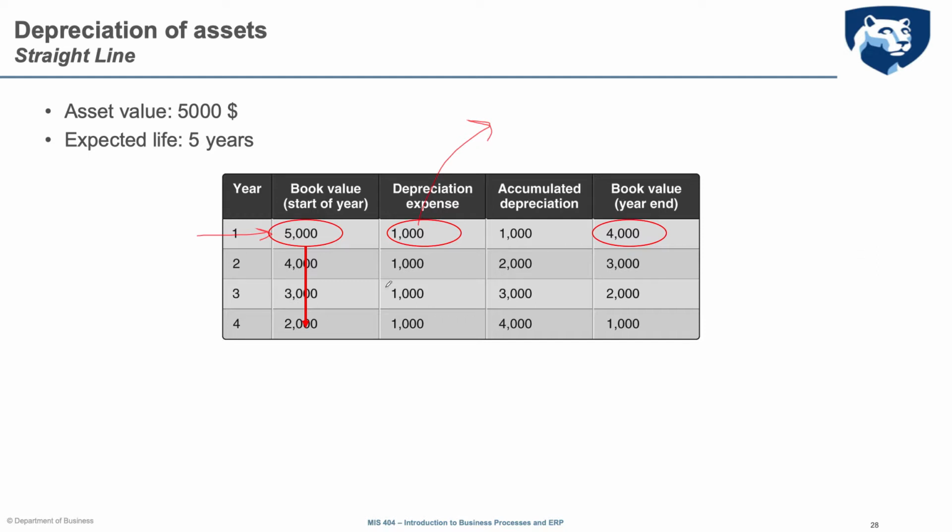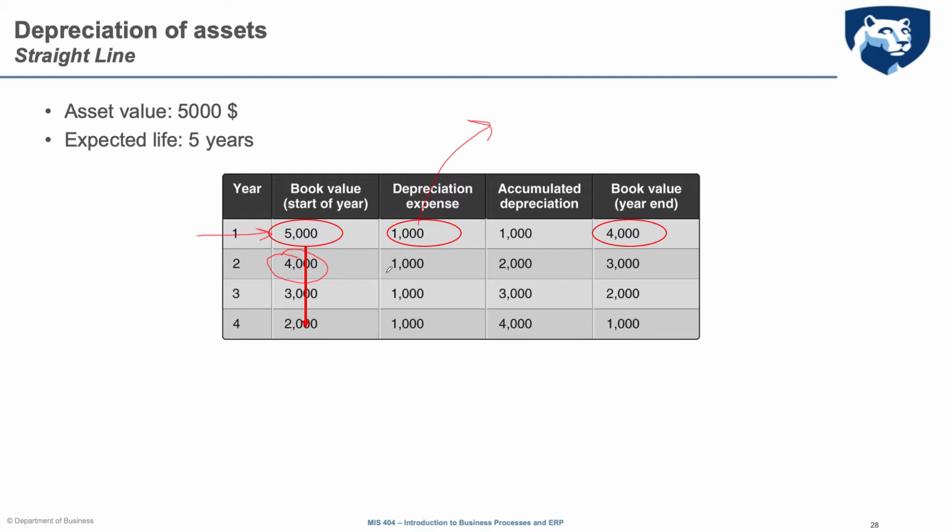At the beginning of year 2, you have a book value of 4,000. Again, you need to depreciate the asset another 1,000, and at the end, the book value will be 3,000. So you allocate a $1,000 cost in the income statement, and you decrease the value of the asset by $1,000, in this case this building or asset or whatever it is in the example,